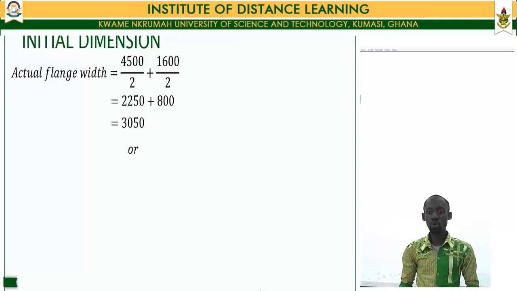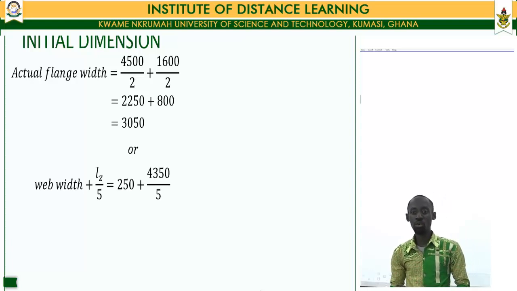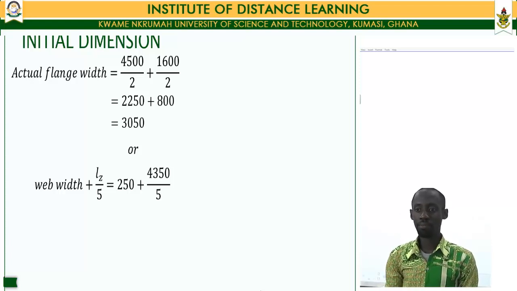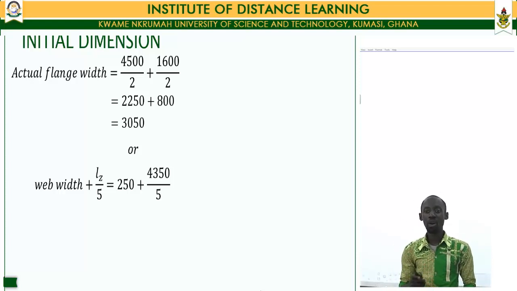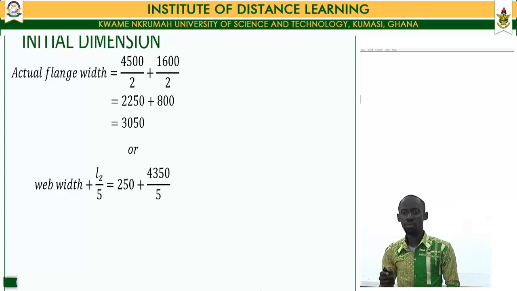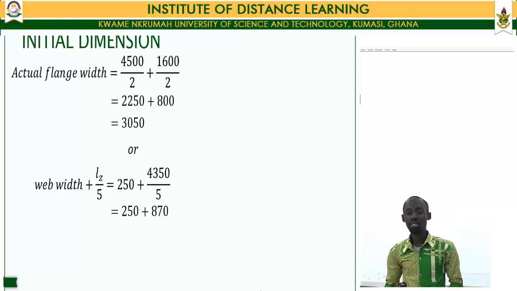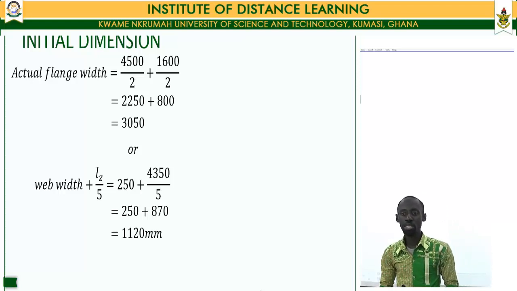Now moving forward, we go on to use the other method to determine our flange width. And the other method states that the flange width is equal to our web width plus LZ over 5. Now our web width is equal to 250. Our LZ value is 4,350 divided by 5. This gives us 250 plus 870, which ultimately gives a value of